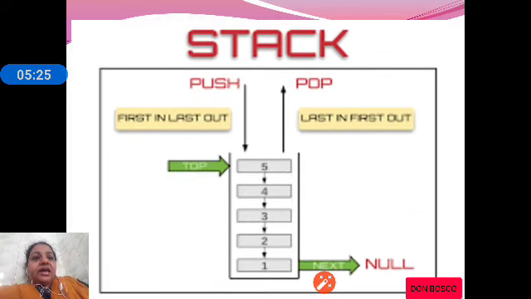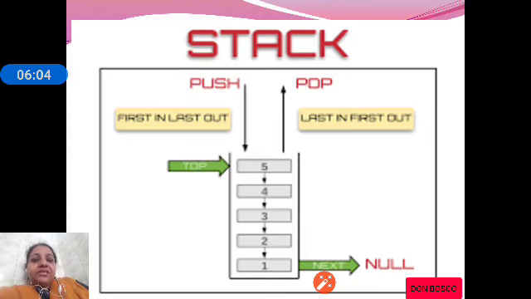So let us see the arrangement of a stack. First the top was null, later on we added the stack elements 1, 2, 3, 4 and 5. Now the top is pointing to 5 because 5 is the most recent element added. Now if we add an element to the stack, that operation is called the push operation. If we are removing an element from the stack, it is called the pop operation.